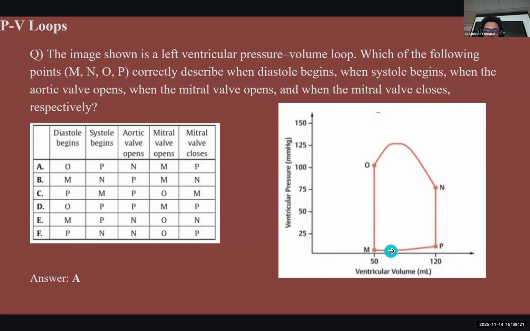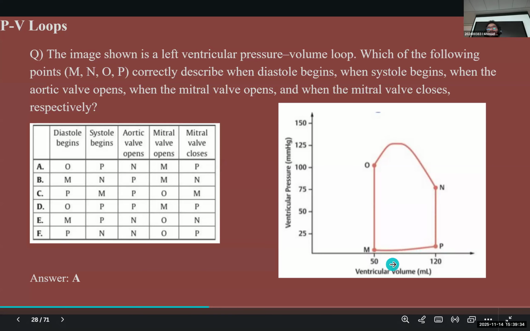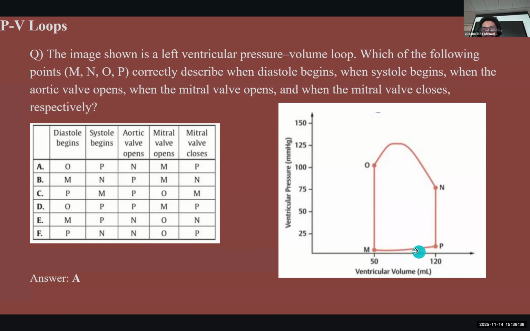That's why I want you guys to focus on this part, لأنه there is no contraction taking place here, تمام. That's why the pressure remains almost the same. This is all passive. This برضه corresponds to the point that we were talking about earlier in the graph. The 6 section, بعدين this is the 7. Here, there's a slight increase in pressure. This part results from the atrial contraction. تمام.